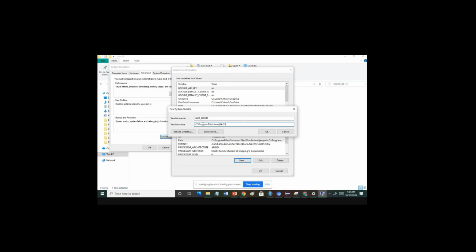Okay, so everybody is with me. You don't need a bin folder here, and then just click on OK. I am clicking cancel because I have already set that variable. So just click on OK, and OK again.